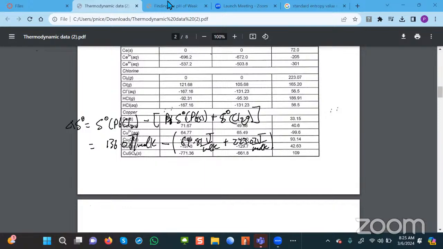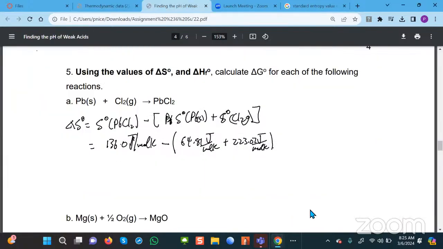So now that we have that, we can do the number crunching. So what I'm going to do is add what's within the parentheses first. So that's 64.81 plus 223.07. And then I'm going to subtract that from 136.0. And, hold on, let me do this again. 64.81 plus 223.07 equals